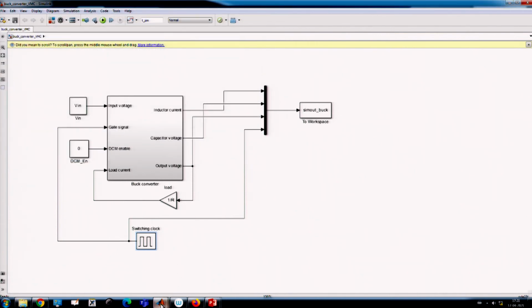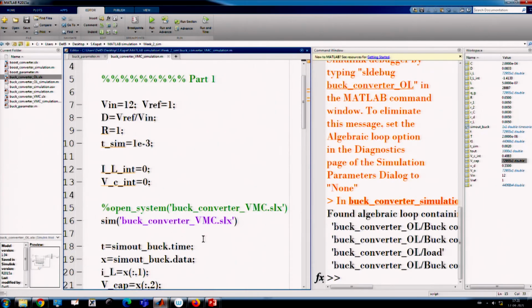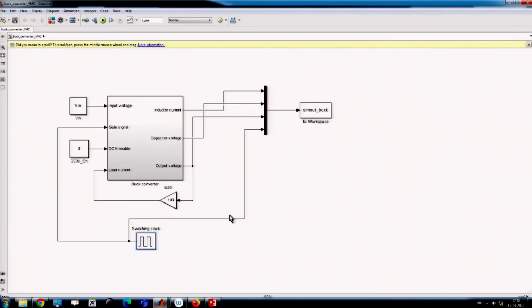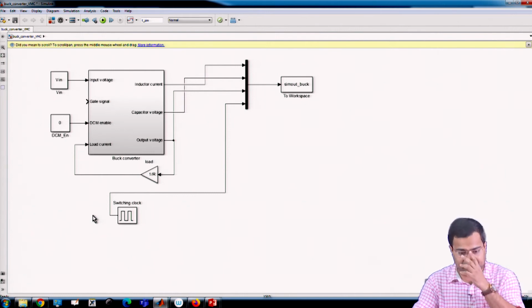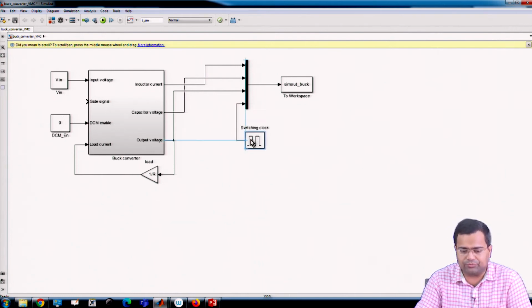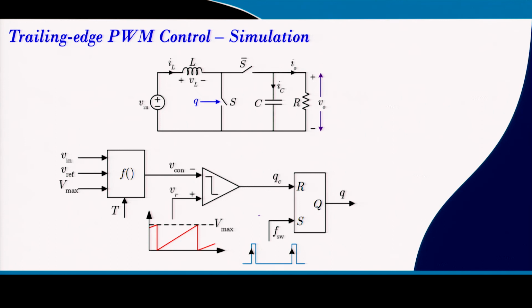Okay, now we have created a voltage mode control simulation environment, and we need to see the closed loop control. So far we have checked with the open loop. Now we have to go for closed loop. In closed loop, we will not operate the gate signal using a fixed duty ratio. So, what are we going to do? If we go back to our PPT, we need to create something like this.